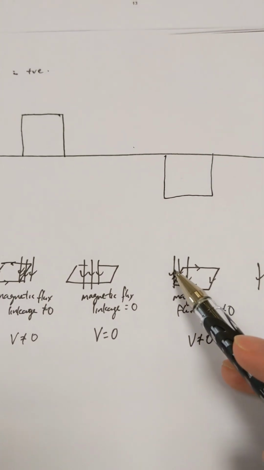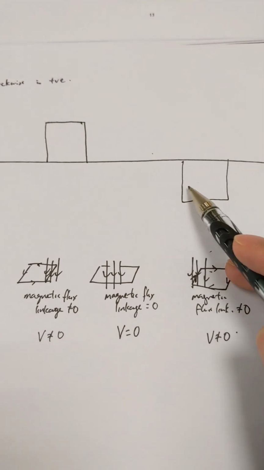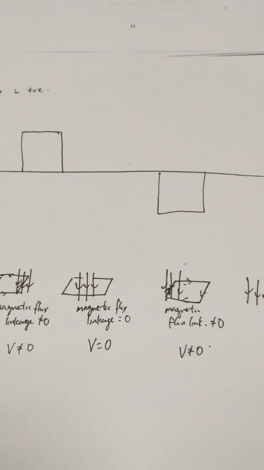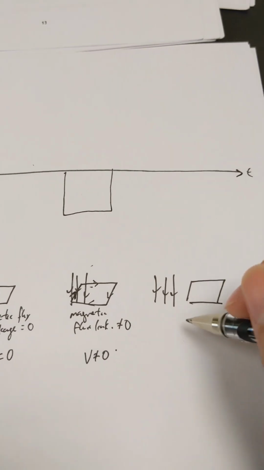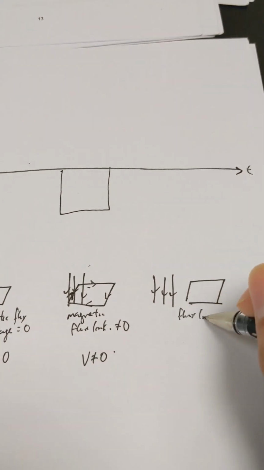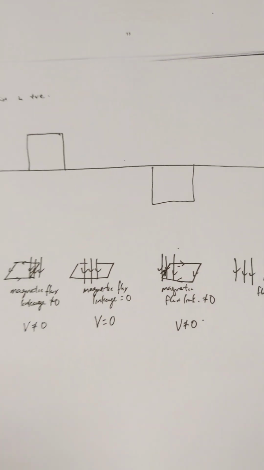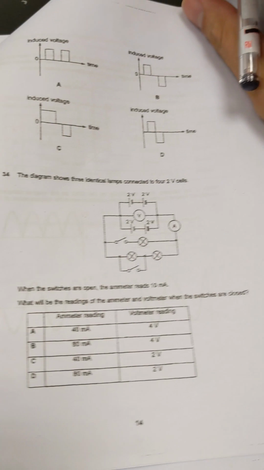Now again, because it's at a constant speed and the width of this magnetic field is the same, the width of these two in time are also the same. Eventually, your field lines are going to fall outside of the loop. And here, the flux linkage is 0, so my voltage goes back to 0. And that's the graph. And so my answer, therefore, is